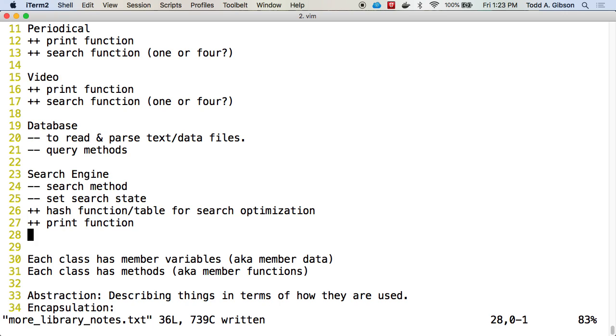Okay, so a symptom of a mature design here would be that you could code up and test the periodical class before doing any other part of the application. So that ties back into how confident are you feeling right now that you could do that? Do you feel you could code up periodical, set it aside, go on to the rest of it, having confidence that periodical has everything you need and does what you need it to do? All right. So that's the lead-in to